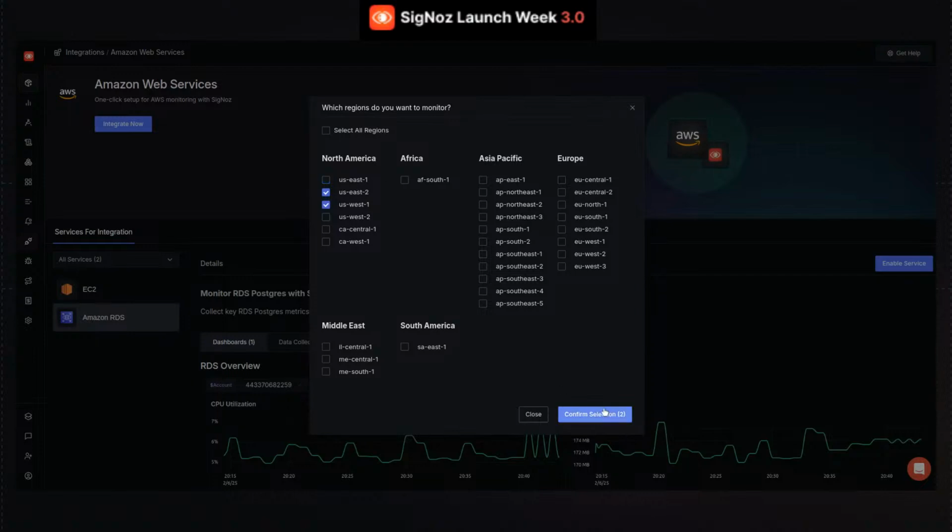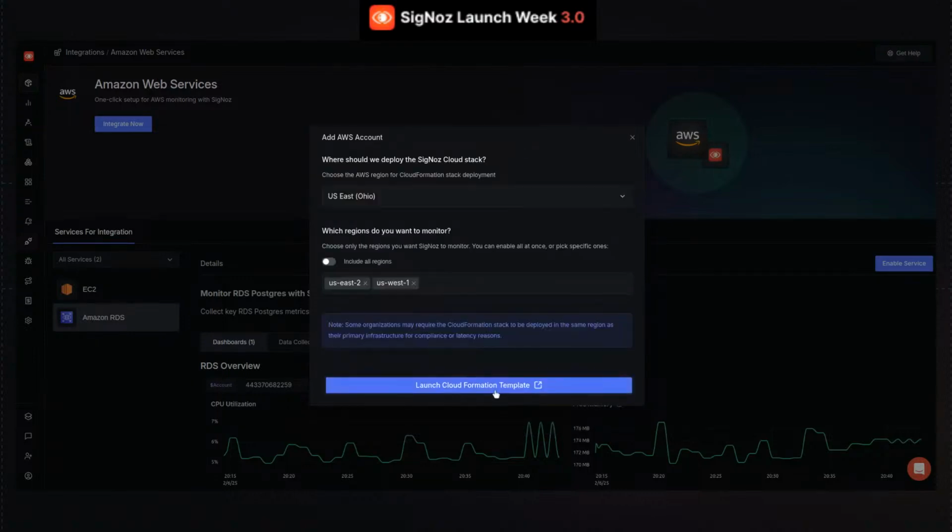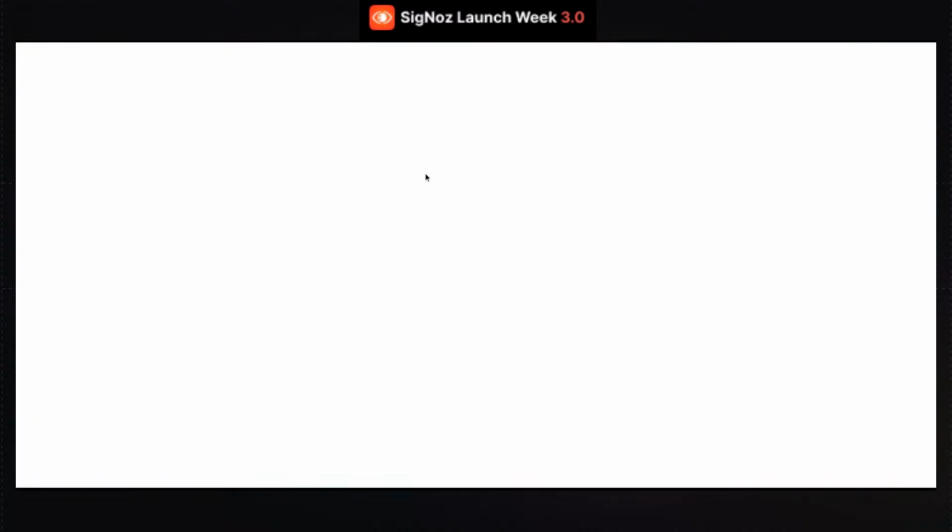Yeah. And what this does is now we are ready to launch a CloudFormation template that will install our agent in US East. And then the agent will talk to SigNoz, listen to what configuration you want, like which services you want to collect logs for, which services you want to collect metrics for. And depending on what you have configured in SigNoz, the agent will bring the required components up in AWS. So on clicking that link, I am arriving at